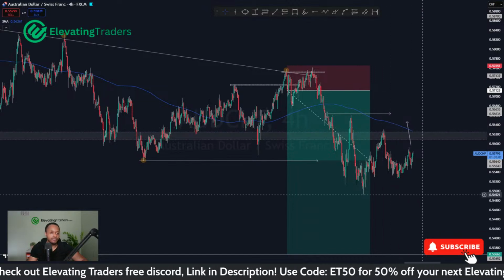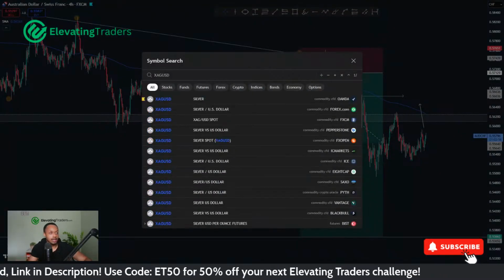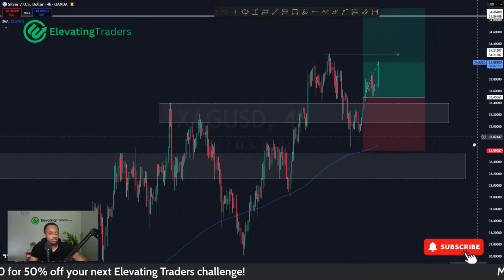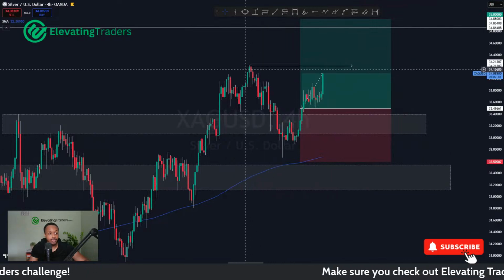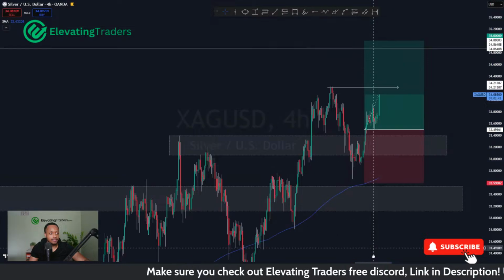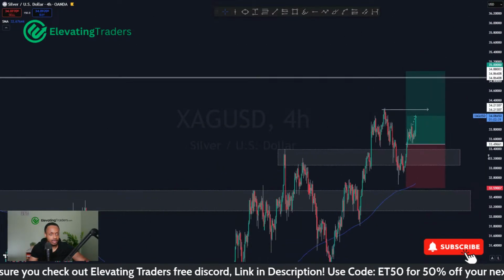Above that high there. Silver, we're going to manage that position. Nothing to do until we take out the swing high on the left. Momentum's looking pretty good at the moment, so that could be sooner than expected. But if we can take out the high, I'll probably start to trail my stop loss here. My target's around 35. I won't be looking to take any profit until then, hopefully.